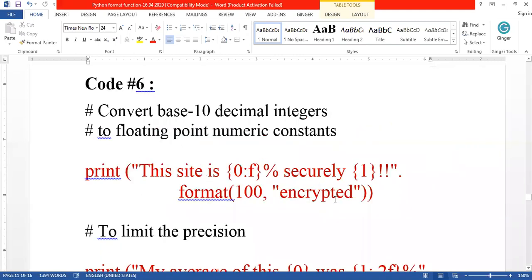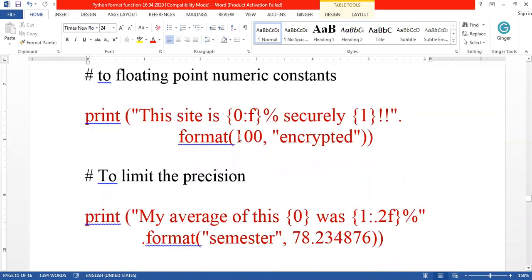So take this example. Okay. In this example, here what they have given is 0:f. 0 means the 0th value, 100. Okay, this 100 has to be converted into floating data type. So this 100 is an integer data type and this f refers to floating data type. So here a small data type is converted into a larger data type. So no need to have any problem because smaller is converting into larger. So that is not a problem. So here the error will not come. So what will happen? The output will be 100.0.